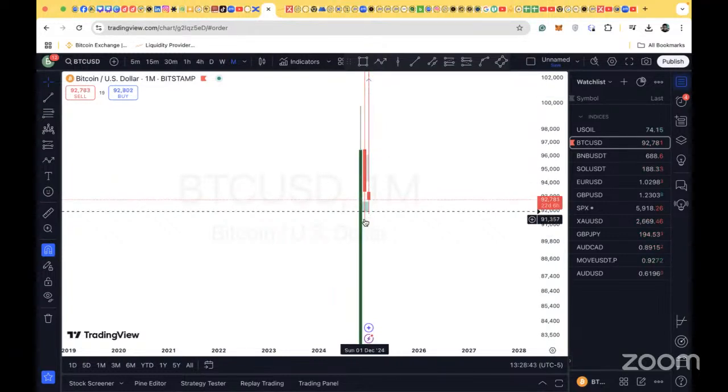pullback here. That's $91,000. Even if it does, if you sweep the liquidity to the downside, we have a buy limit at 9800. That is another psychological level we are tapping. If we get that, we put our stop loss maybe 100 pips below it, then at that level we